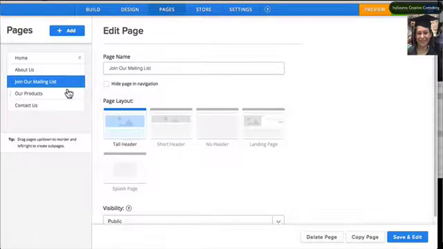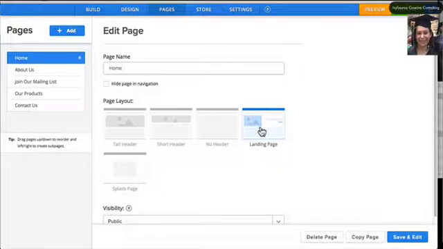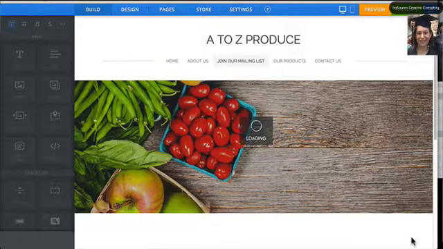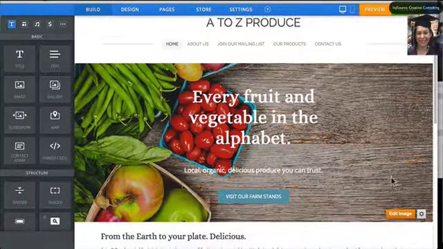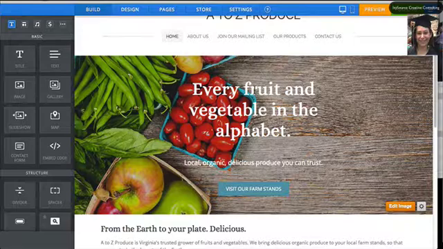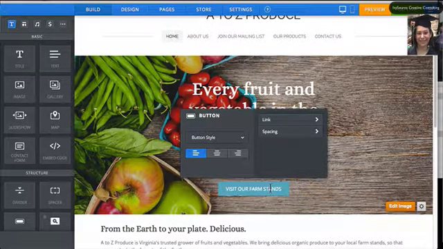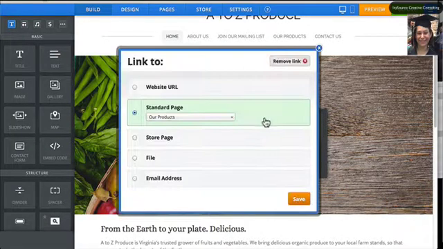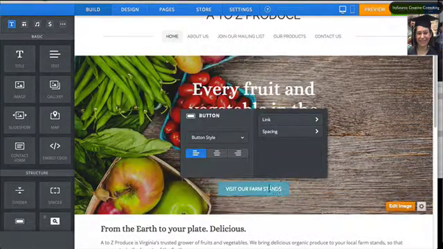So let's go back to the home page. And you can see that I have it set to landing page, but there are a couple of options, and we'll explore those options back on the main page itself. So on this landing page, we have a headline, a subheadline, and a button, which I have set to link to our products. So if you want to change how a button links, you hover over it, click on it lightly,